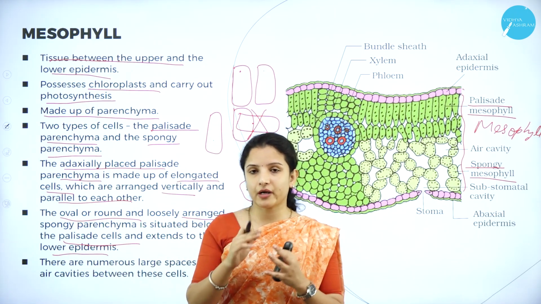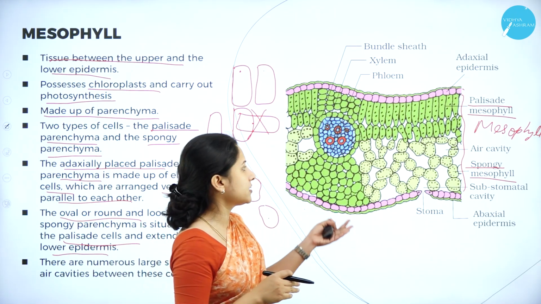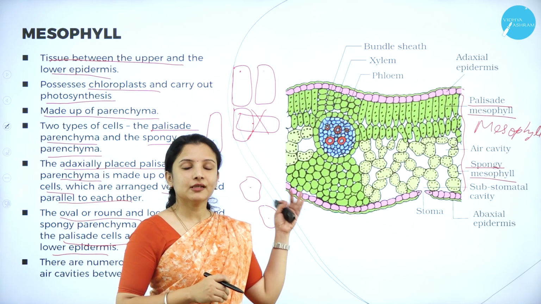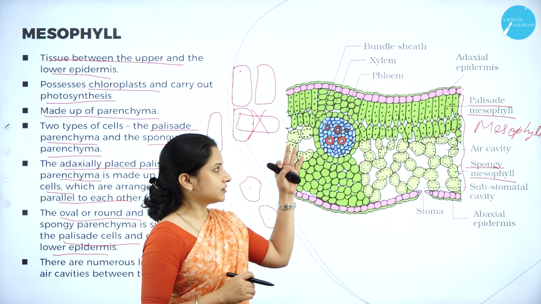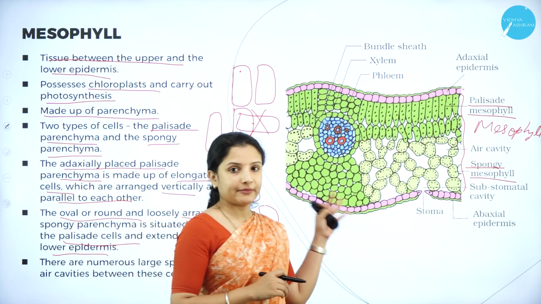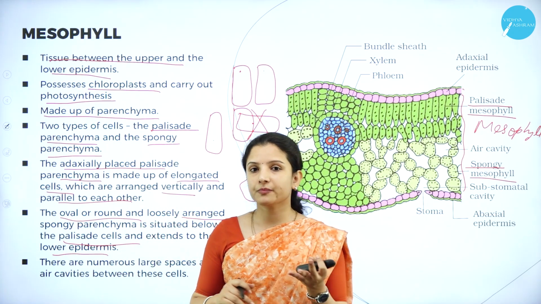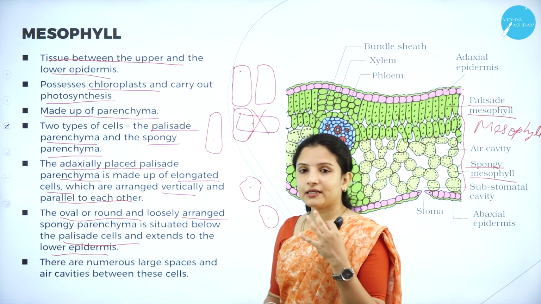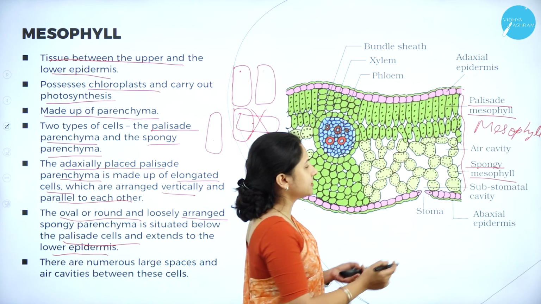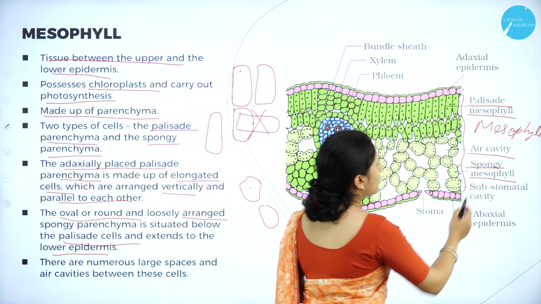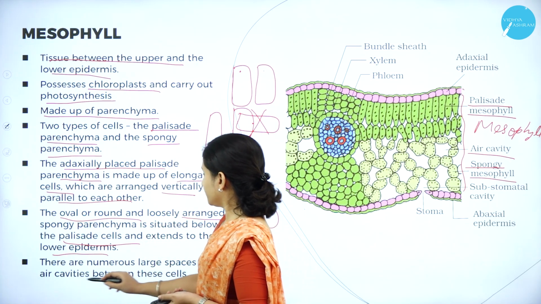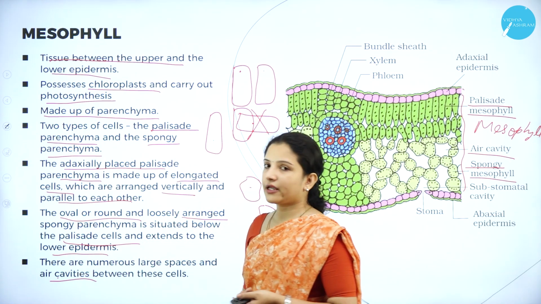That is, the spongy parenchyma is always concentrated towards the lower epidermis, that is the abaxial surface. So this is about the parenchyma cells, which constitute the spongy parenchyma and the palisade parenchyma. And apart from that, in the spongy parenchyma, as you can see, there are numerous air cavities present in them. So between the cells, there are a large number of air cavities.